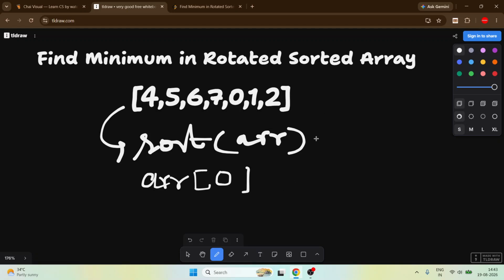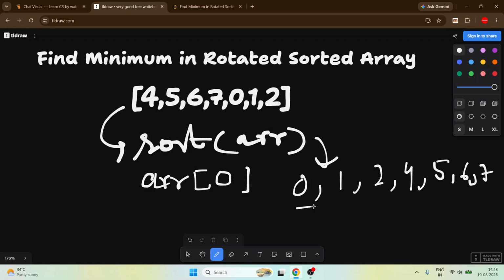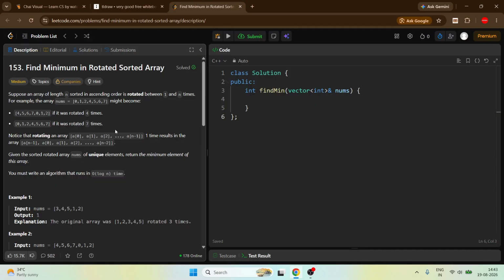What happens after we sort it? It becomes 0, 1, 2, 4, 5, 6 and 7, and the first index is actually the minimum.